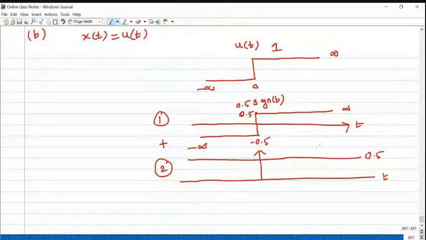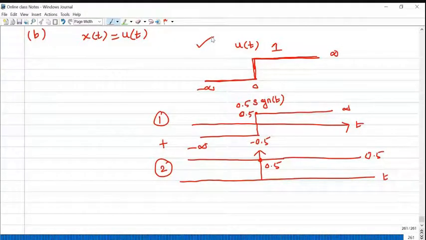This is magnitude 0.5. So on the negative side, minus 0.5 plus 0.5, you will get 0. On the positive side, 0.5 plus 0.5, you will get 1. So in the problem, if they are asking to find the Fourier transform of u of